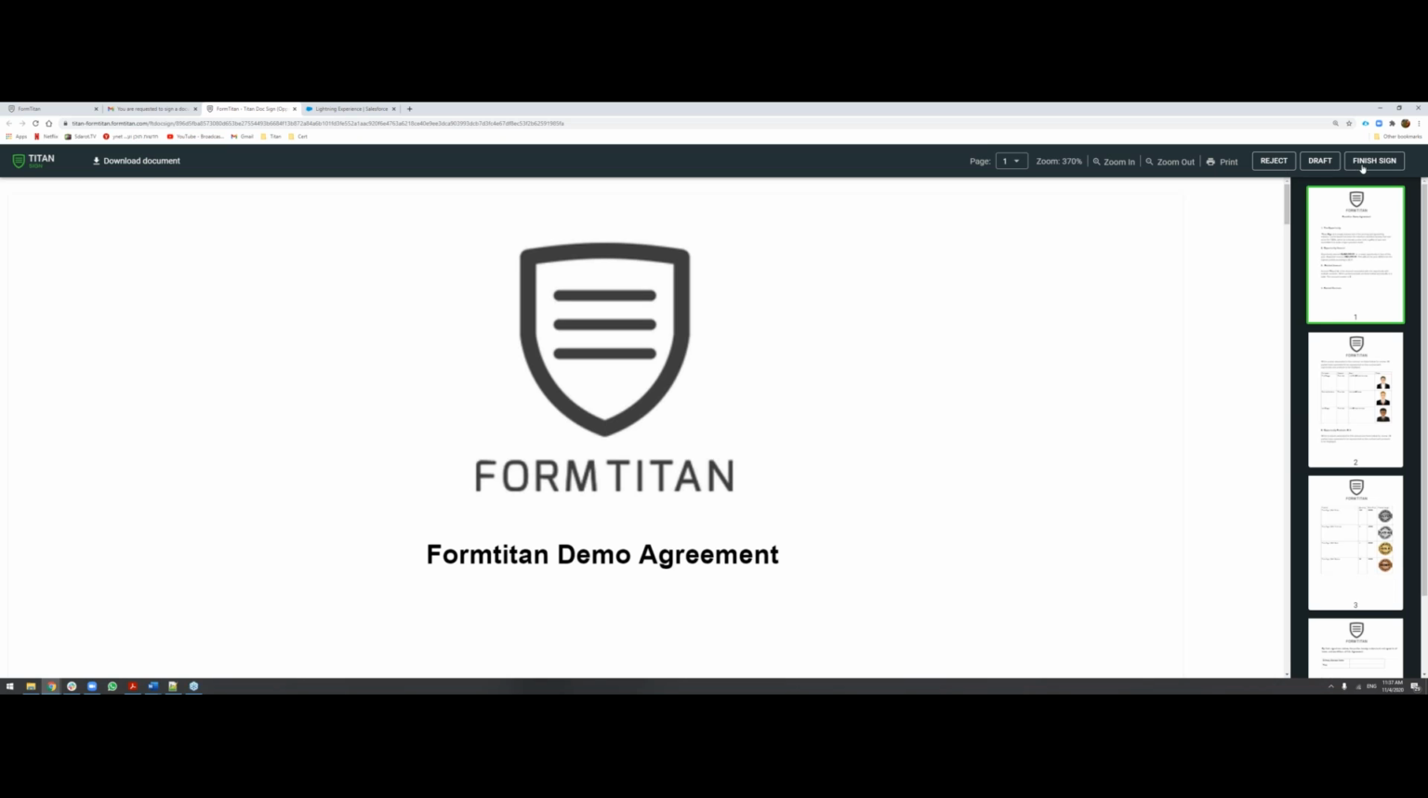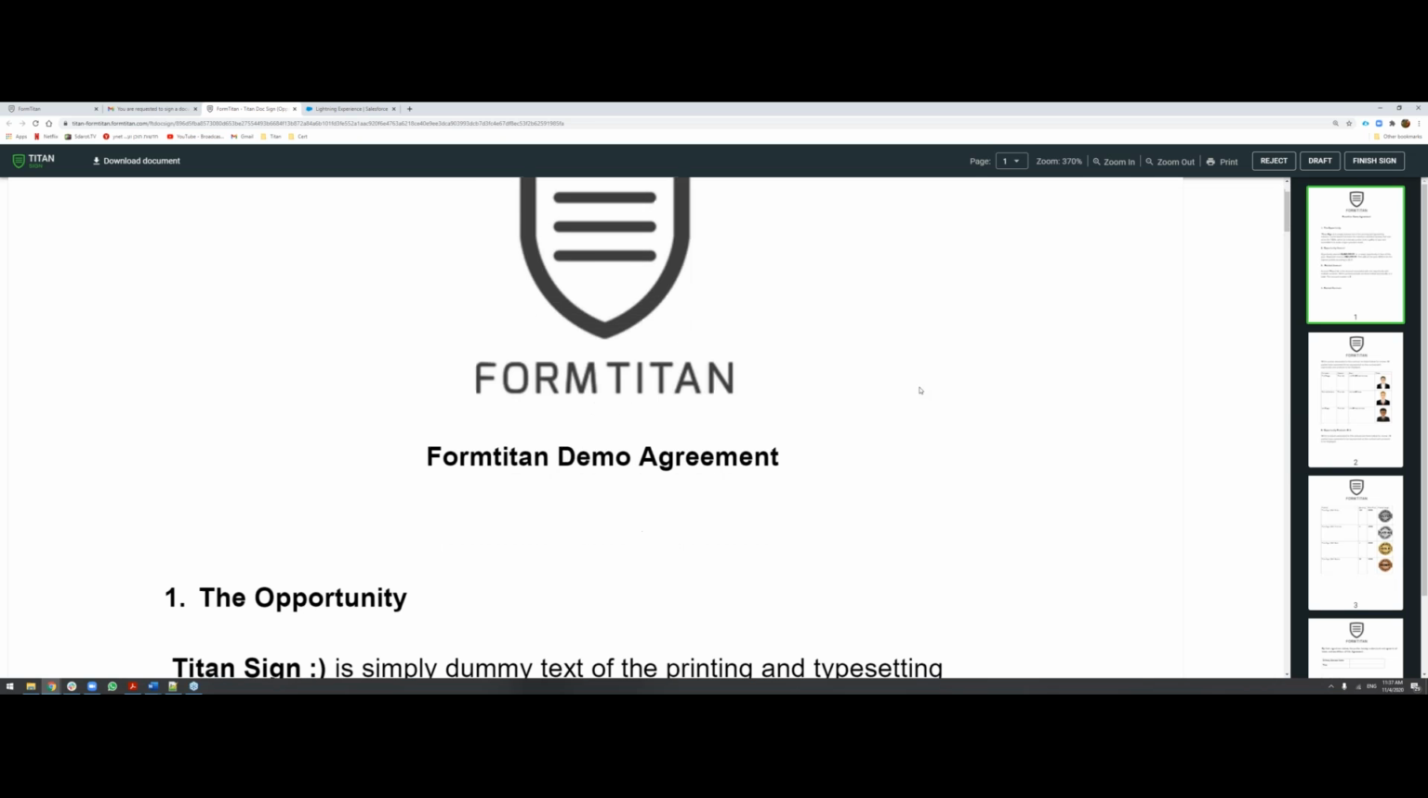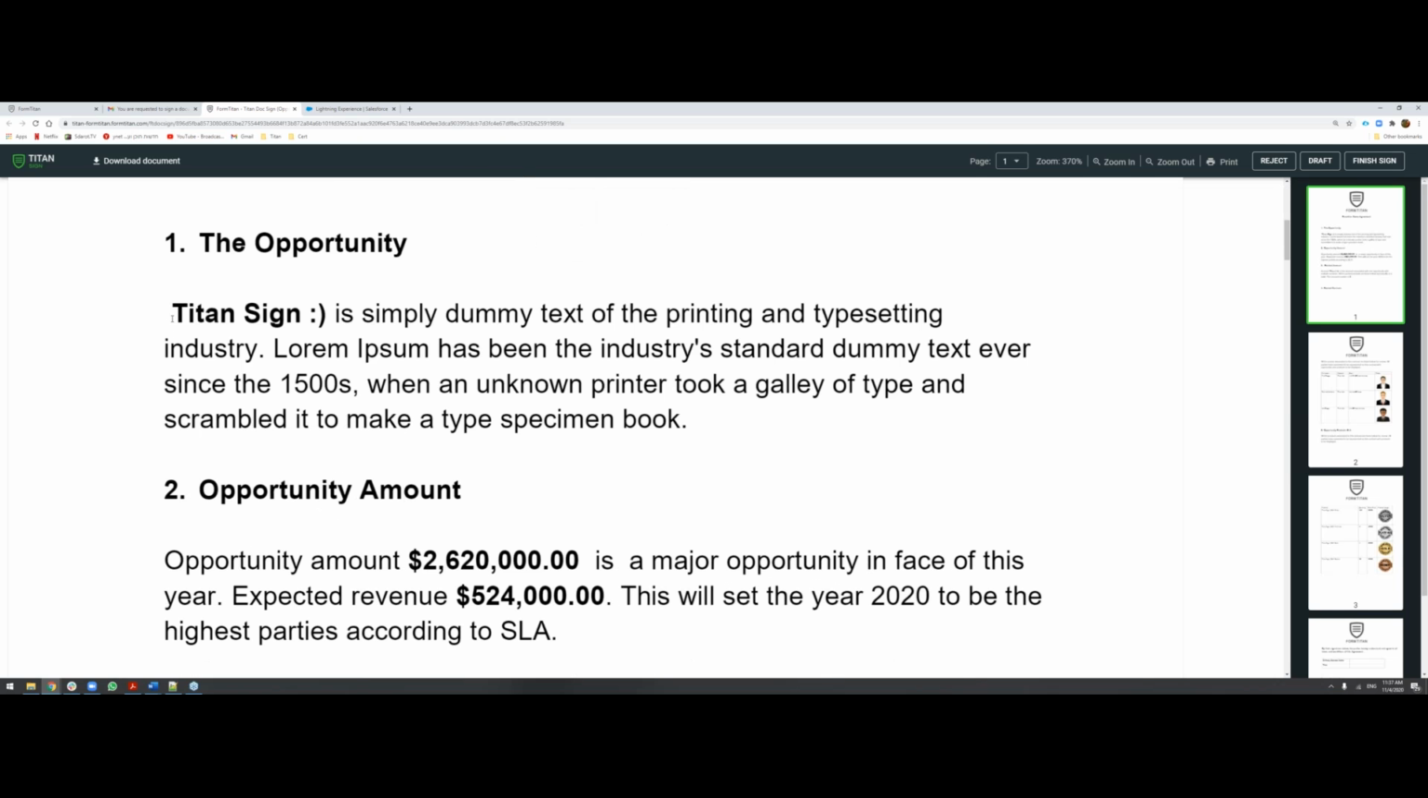These are the buttons that I showed you before that you can customize to show or hide from the users. So reject, draft, finish sign, printing, and all of that. Zoom, for example, is an option as well. So you can see that the previous document I just showed you, it's the same one, but now it has